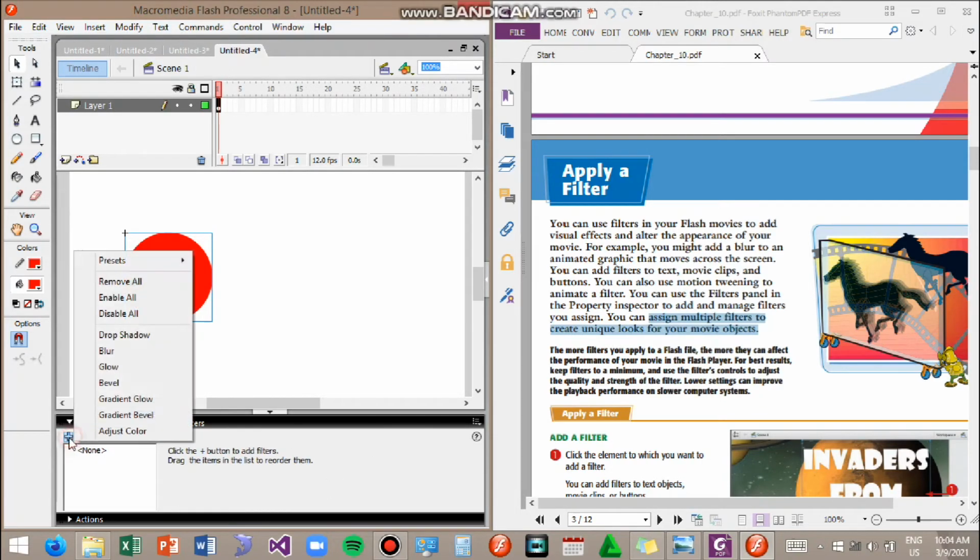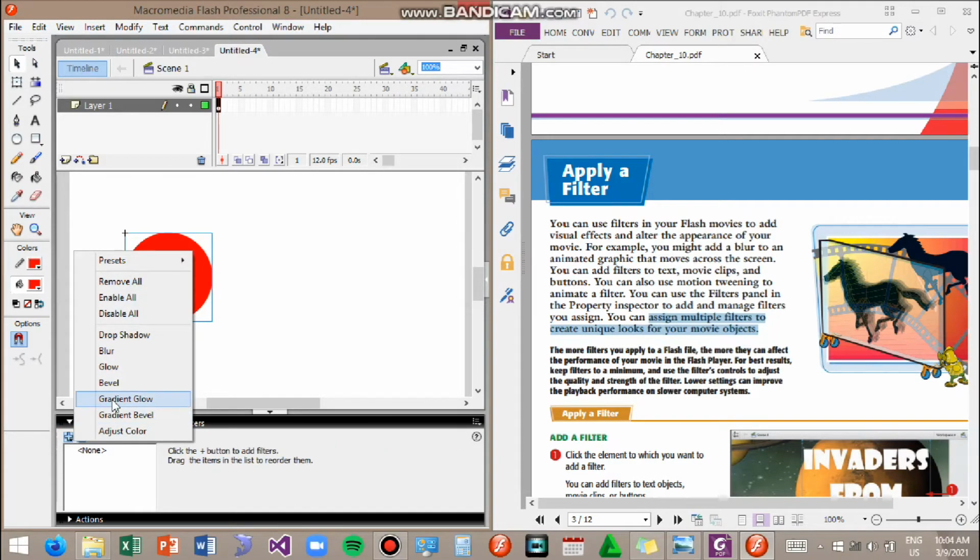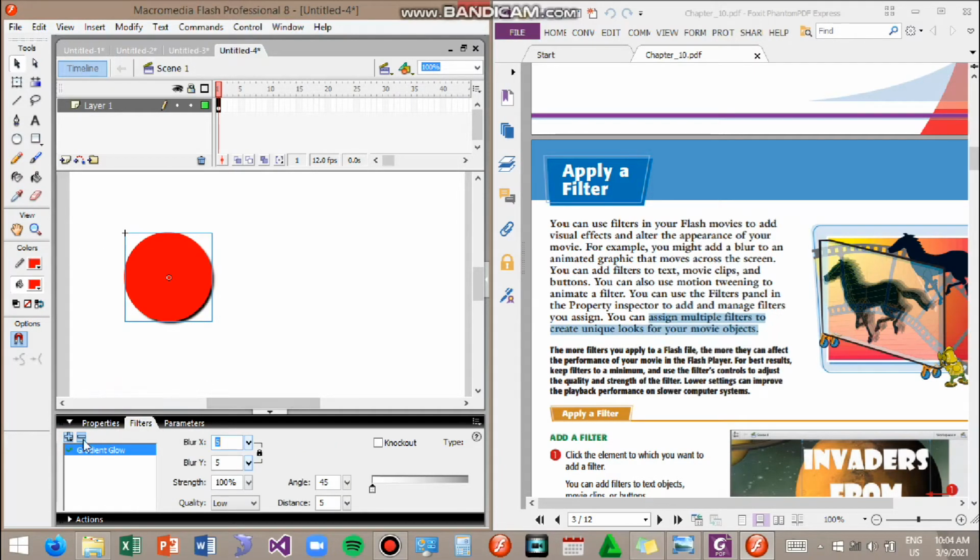Next, we also have your bevel. It creates a bevel design on your object. You can also use the knockout, just placing the bevel here and there. Also change the shadow effect and so on. Then gradient glow.